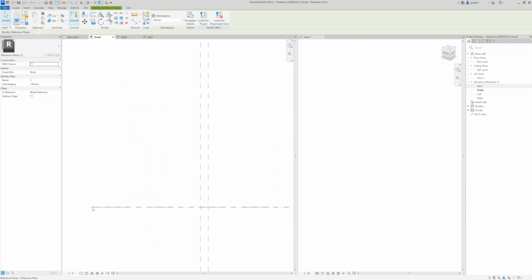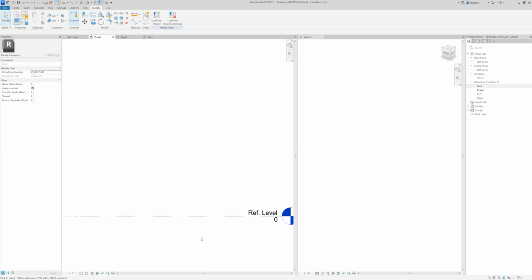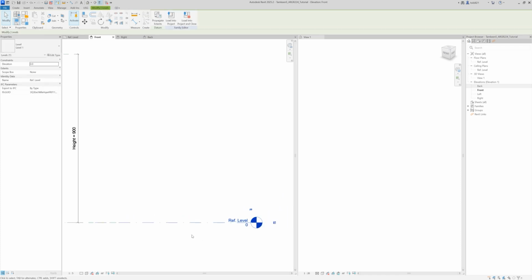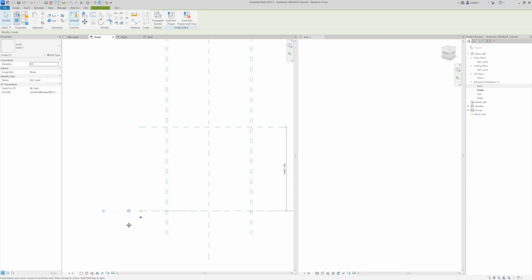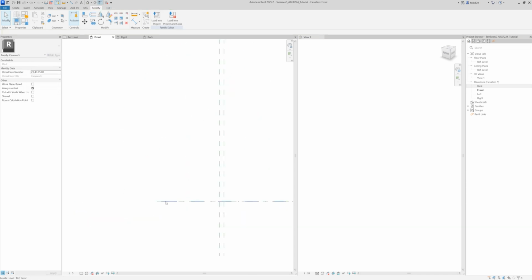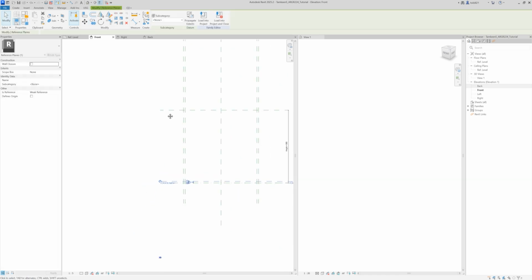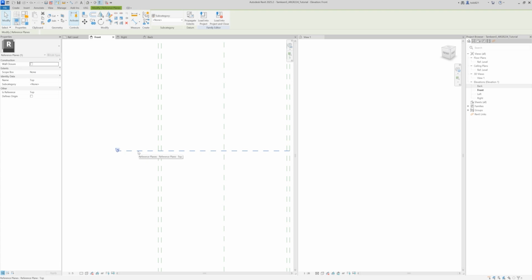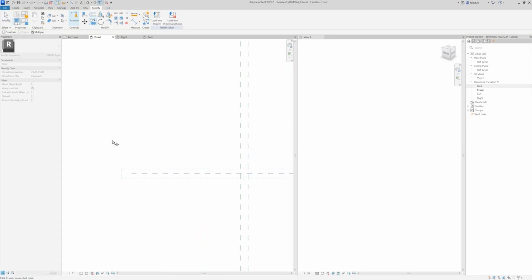Make sure you're selecting the right sketch line, because right now, if I don't pay attention to what I'm doing, I could be picking up the reference level line, and that's not what I want. I want the sketch line. So we can toggle between the lines by clicking on the tab button. Click on copy, go up 20. Good. Copy